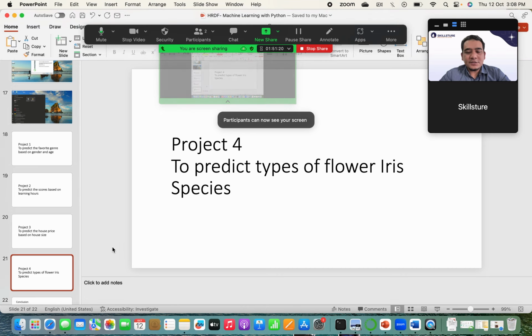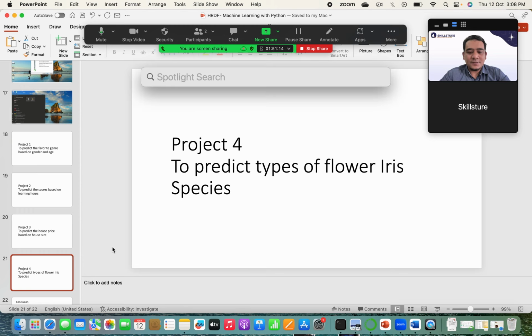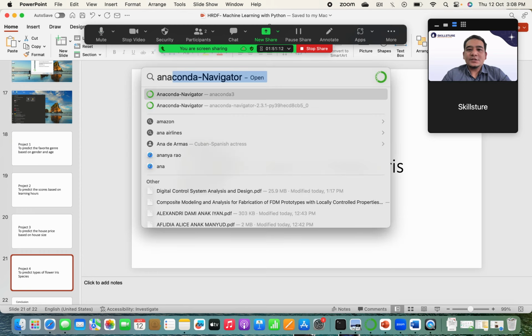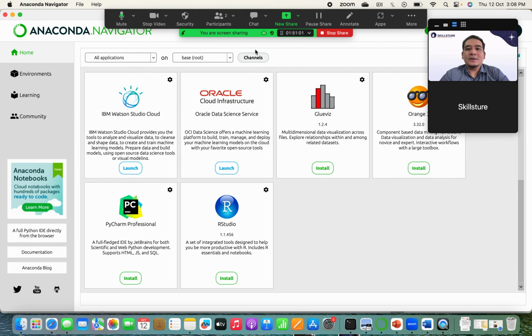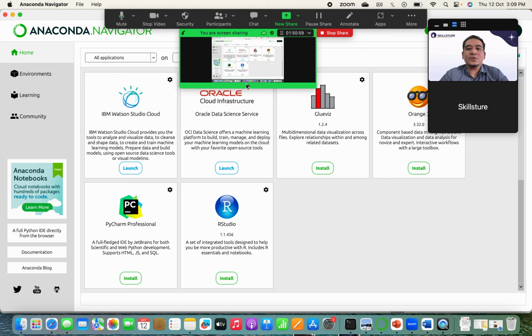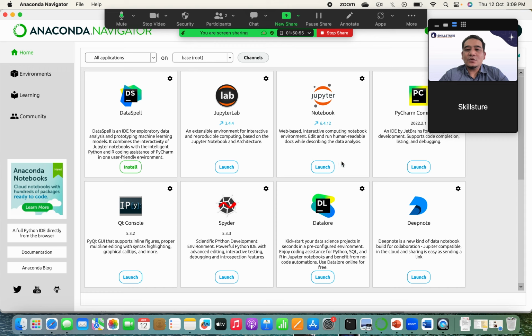Okay, since right now I'm using the MacBook, I'm going to show you how to open the machine learning model. So let's say if you are using the MacBook, just go and find the Anaconda Navigator and just click this one. So this window will open for you. What you need to do is you just go to this Jupyter Notebook. Okay, so when you click this Jupyter Notebook,